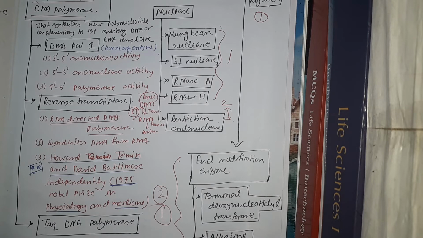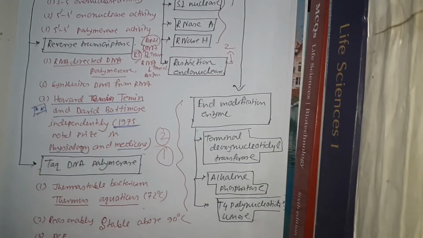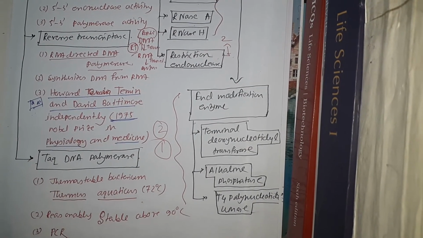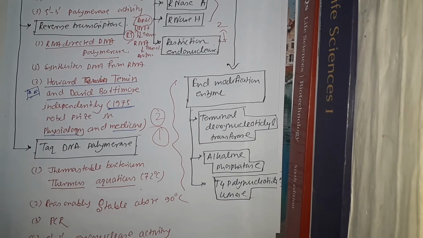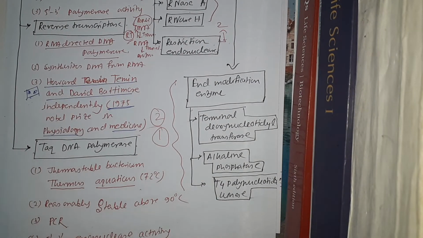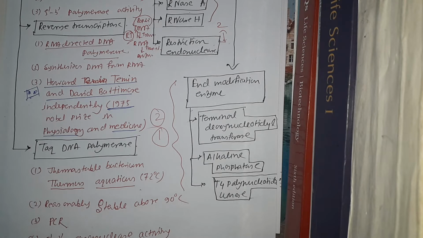So those who are willing to appear in GATE Excel must keep this in mind. So reverse transcriptases are those that have the ability to synthesize DNA from an RNA molecule. That is why we can call it RNA directed DNA polymerase, as RNA directs the synthesis of DNA. Okay, so our last one is Taq DNA polymerase,